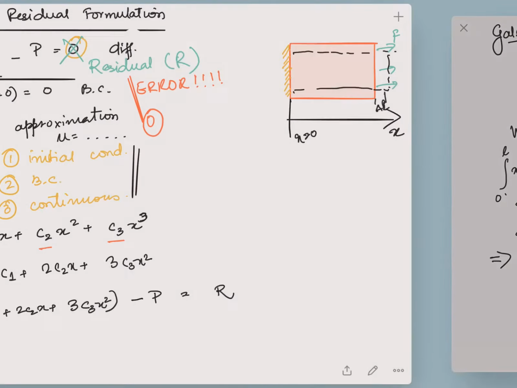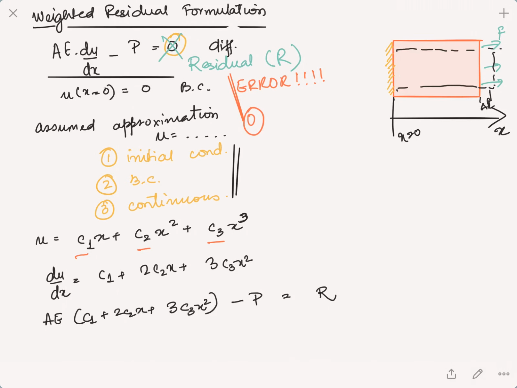So just as a recap, we know that there is a certain system under a certain kind of loading. When it can be described mathematically using a differential equation, we can find out the state of stability. And for that, we have to assume a certain approximate solution for its displacement state. The assumed displacement state must satisfy the initial conditions and the boundary conditions, and has to be continuous because we need some manipulations done on it. Then we substitute it back into the differential equation, and whatever error we get by substituting it back is called